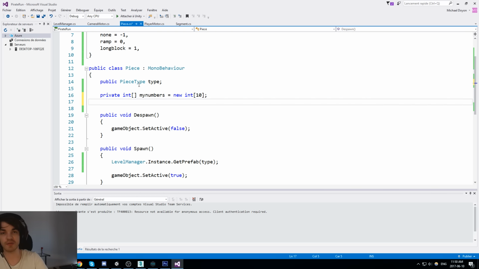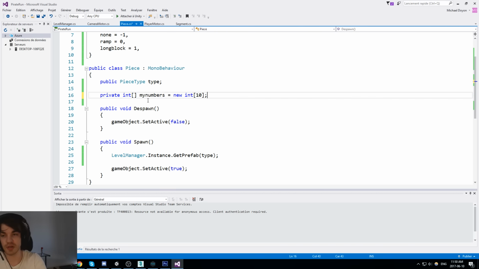You can't do that. If you have an 11th number, what you have to do is create a new array, say that this new array is size 11, and then copy everything from the other one into my new one. So you're going to be losing a lot of performance. Now, what a list allows you to do is add stuff to it and remove stuff from it dynamically. The thing is, every single slot is going to be bigger, because it needs to keep a reference to the previous thing, and also a reference to the following thing, if there is one. It's called a linked list.